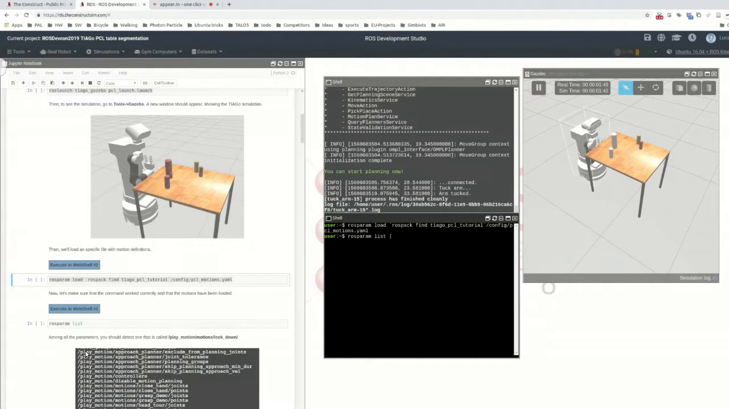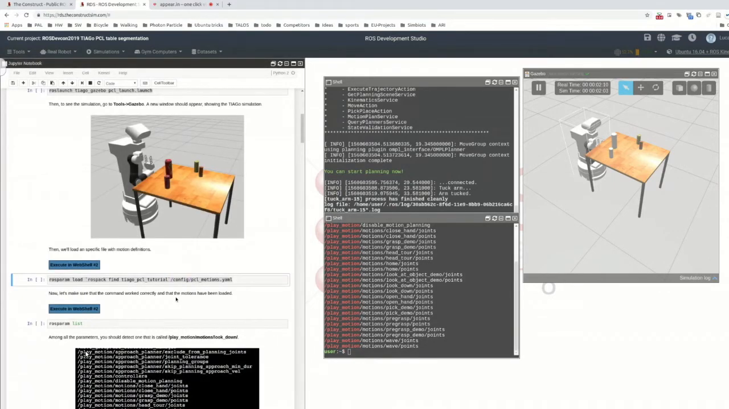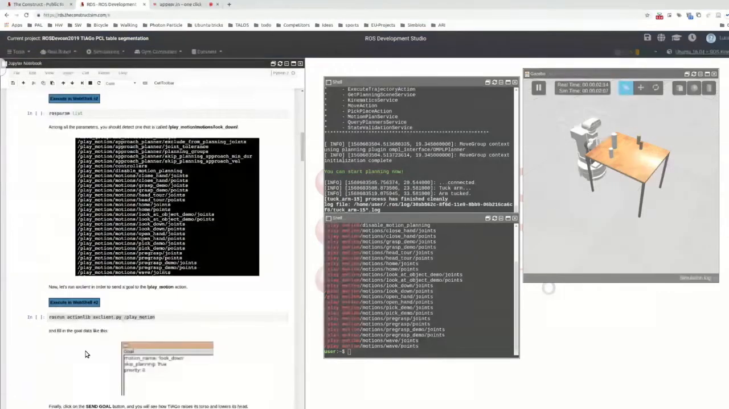And for just getting the ones that are more interesting for us, the ones for play_motion, we are going to use also grep so that it's easier. So all these are the motions that we have just loaded. And now the one that we are interested in is look_down. So the next command will be to execute this motion, and we can do that by